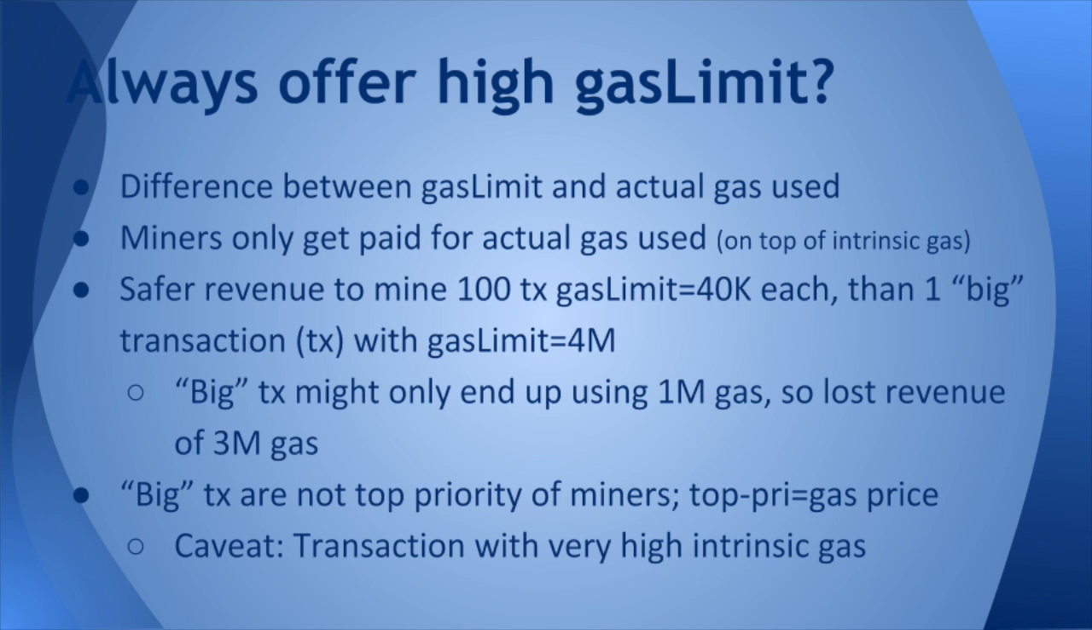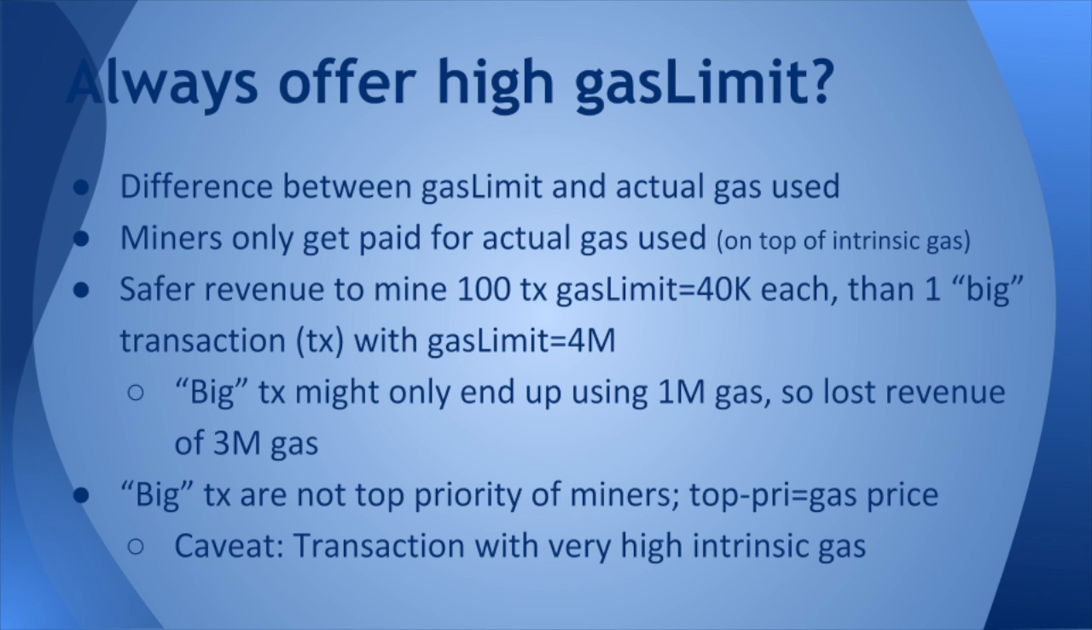So one of the reasons why is that there is a difference between the gas limit, the amount of fuel you've offered, and the actual gas that the transaction uses. So you could offer this amount of fuel, but in the end, you only use a small amount of fuel. Okay? Miners only get paid for the actual gas that's used. So if the gas used is only this much, even though it offers this big amount, miners only get paid